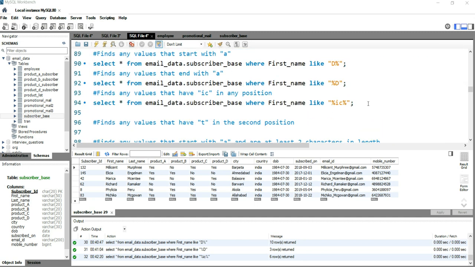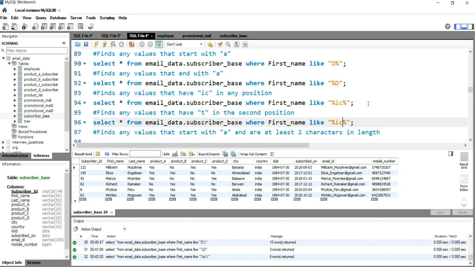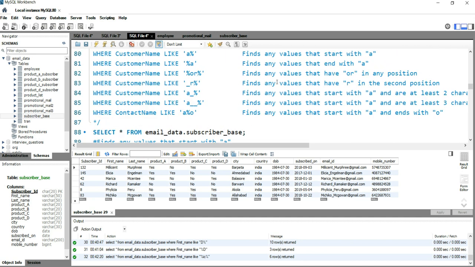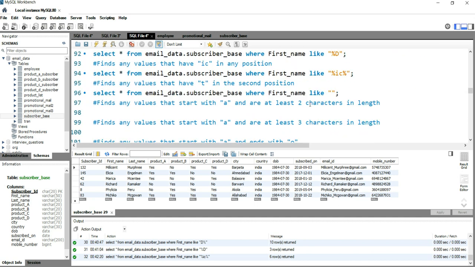So again I'll copy paste this query which I have written earlier. Instead of using this percentage, we'll put a single underscore, because at the first position we don't know which letter it will be. Then we want T as the second position, so we'll put T and then a percentage sign.